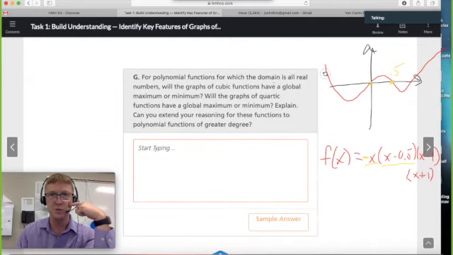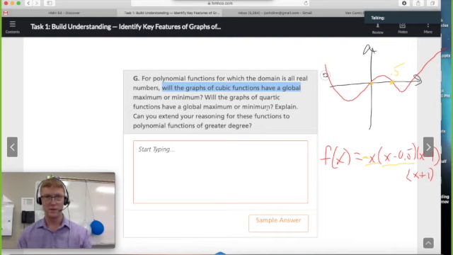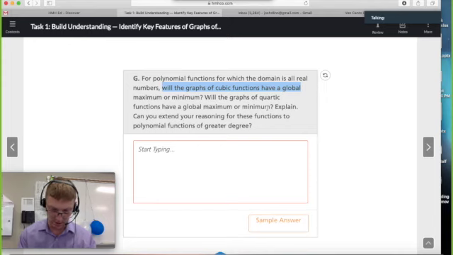For polynomial functions, which domain is all real numbers. So this is kind of an interesting question. Will the graphs of a cubic function have a global maximum or minimum? Will the graphs of a quartic function have a global maximum or minimum? Explain. Can you extend this reasoning to polynomial functions of greater degree? I would say yes. So if you remember, a cubic function